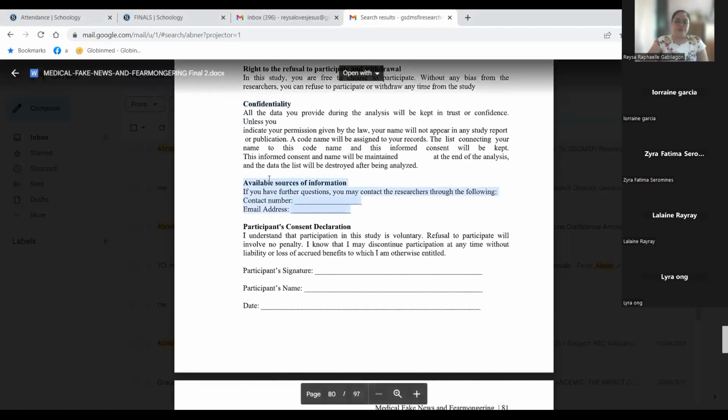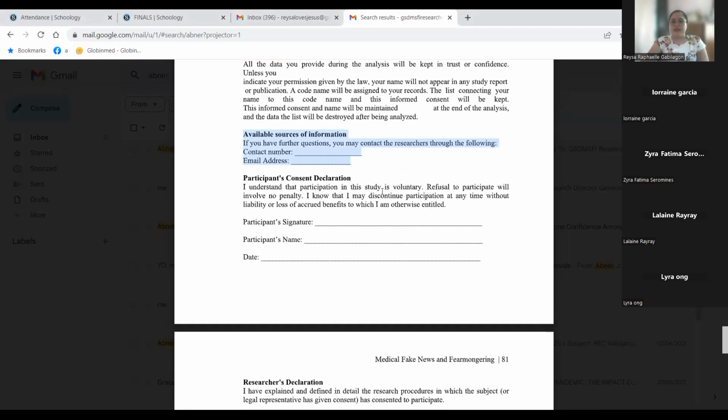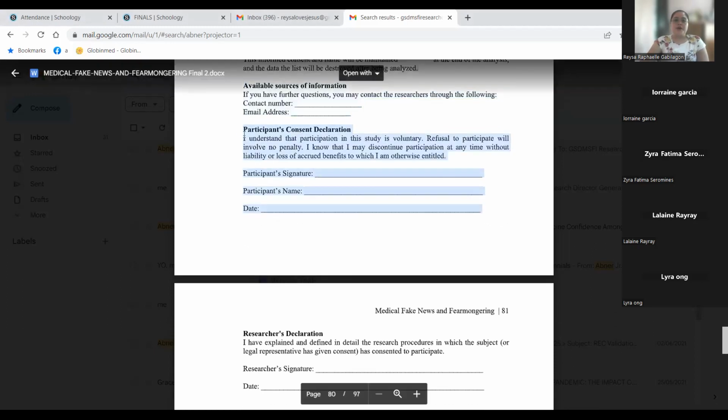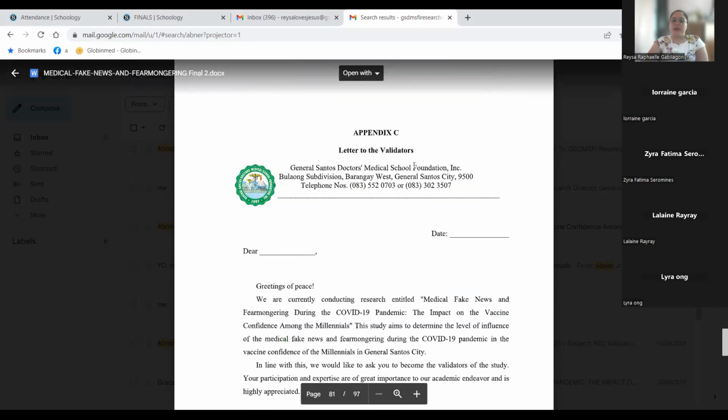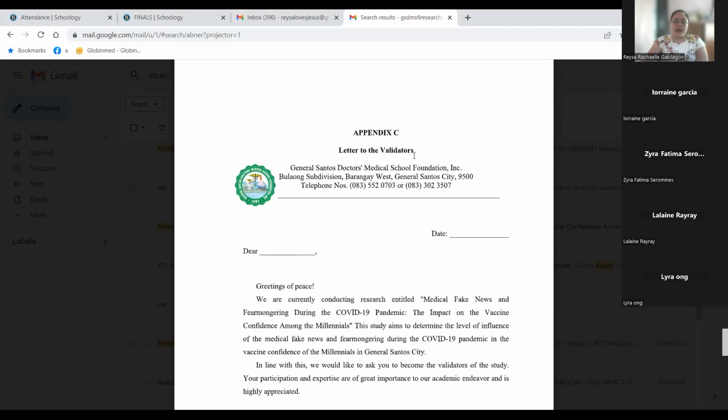Your information should also be included in the informed consent, and there the participant will sign. You also have a sign-on there as a researcher. Okay? But what you're going to place in the appendices is a sample informed consent. Because remember, we need to keep the privacy and confidentiality of information of our participants. If you place the actual one there, their names will be seen. The privacy is lost.